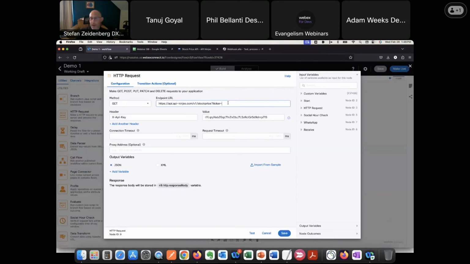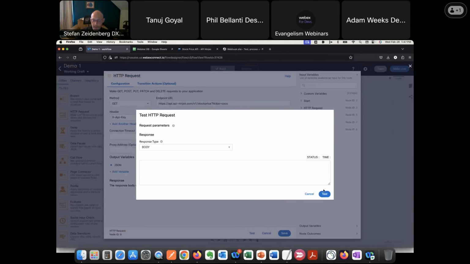I decided not to go that route for the demo because we would then spend the majority of the demo building the actual custom node, which essentially is what you're looking at here, except with a variety of methods pre-populated against it that you would then just leverage dynamic parameters to populate as needed, like the specific ticker symbol in this case. Let's go ahead and just do, well, we're here with Cisco. Let's do Cisco. And if we test this,